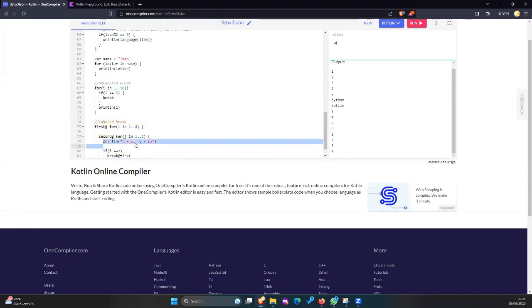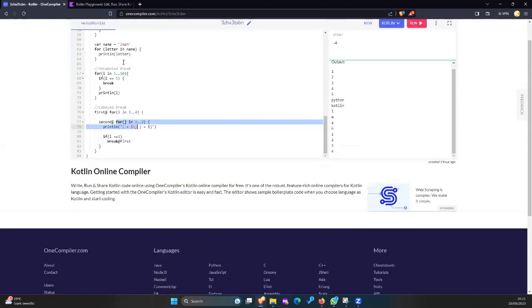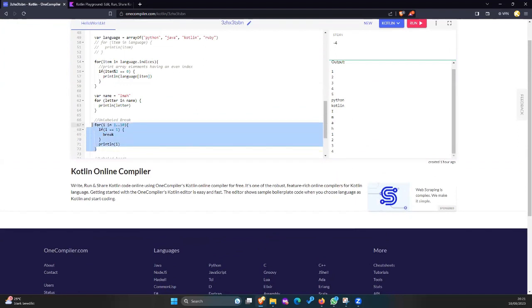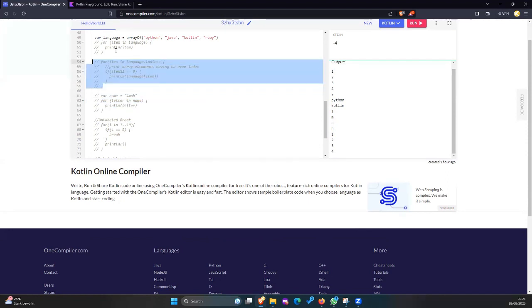And then we're printing what I is and what J is, right? And then inside here, we're saying, look, if I is equal to 2, break at first, right? So this is the particular loop we want to actually break, not this one. So let's run that. Just going to comment out this one, so we just focus on the result of